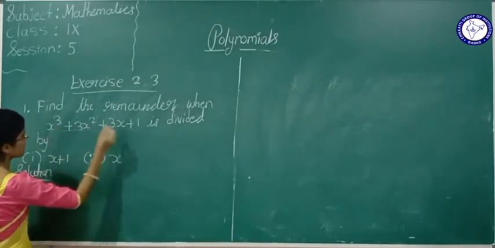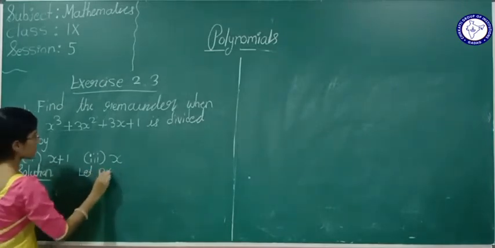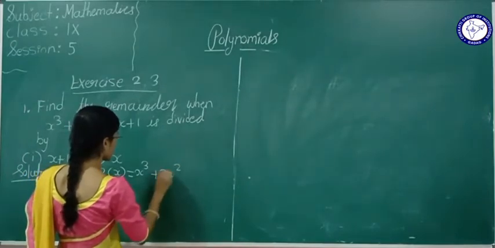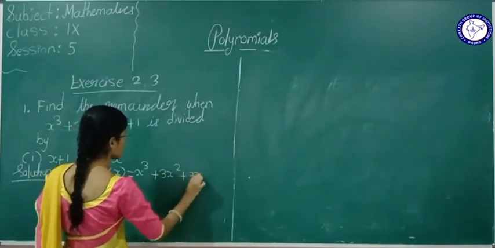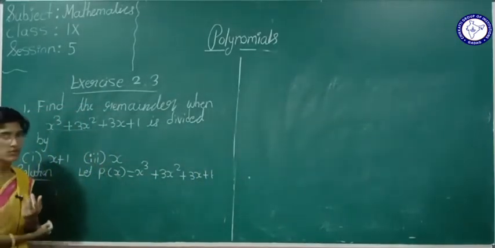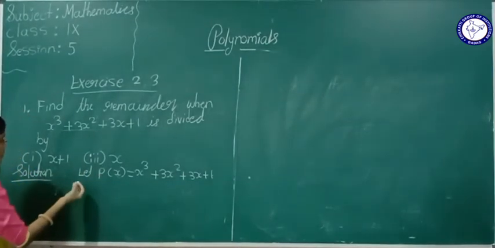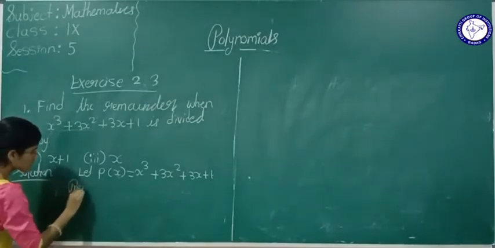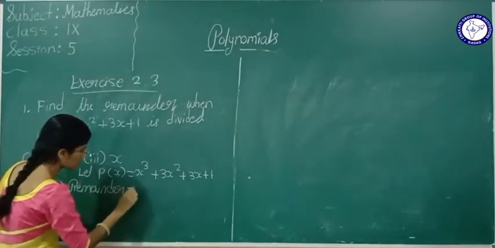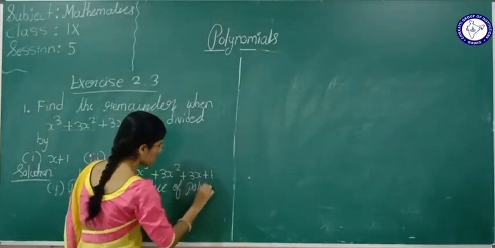Now see here, dividend, say we will write let p of x is equal to x raised to 3 plus 3x square plus 3x plus 1. Okay, that p of x is equal to, we are given the name of this polynomial. Now see here, remainder is equal to value of polynomial,